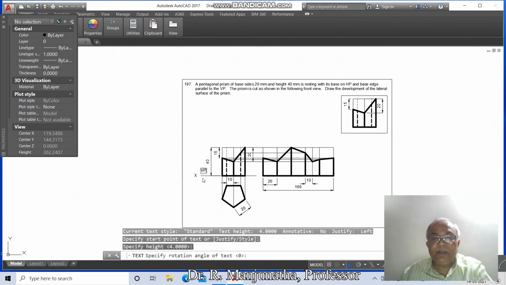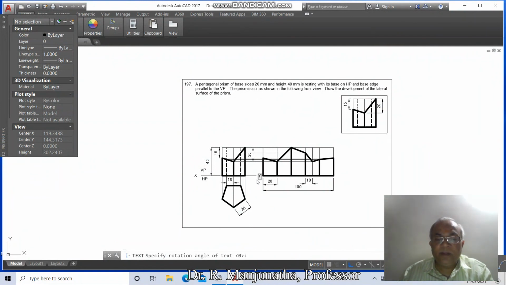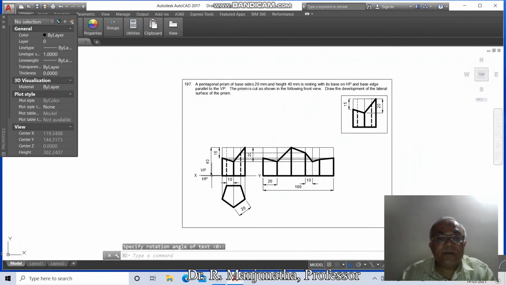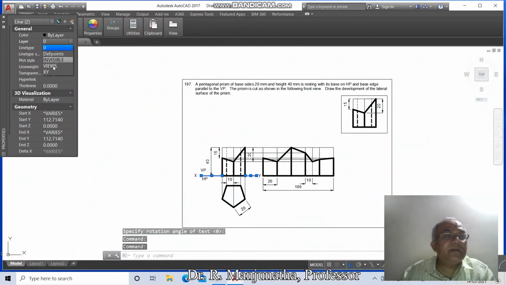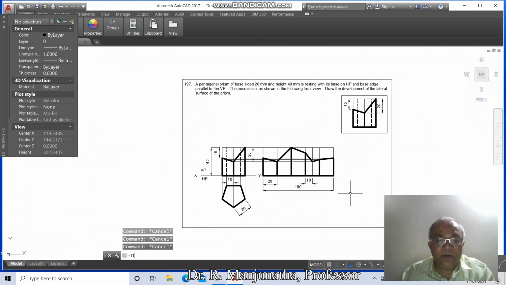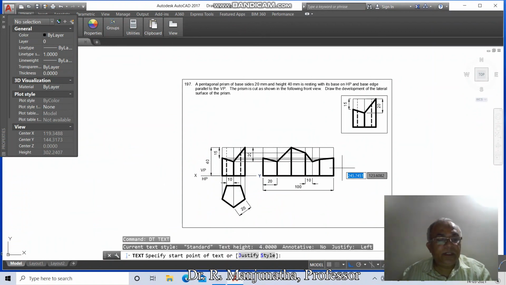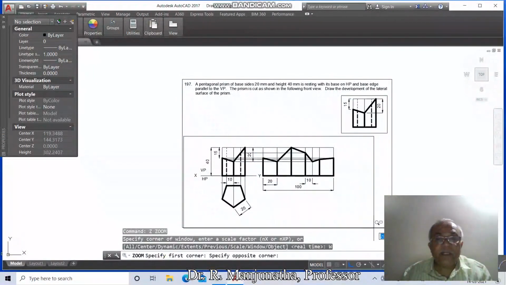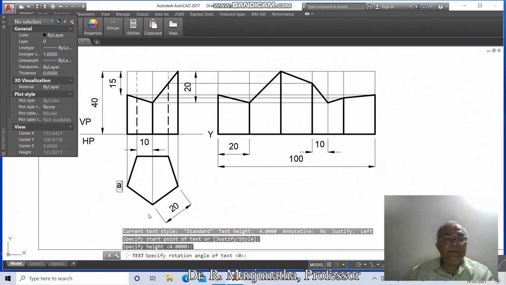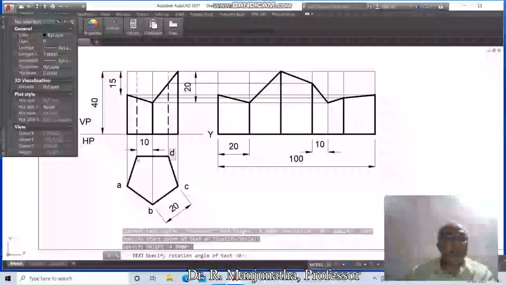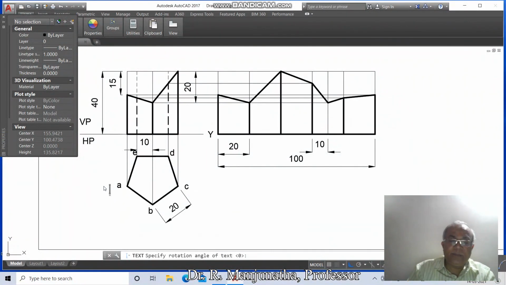you type it as VP, you type it as HP, you type it as Y, then you just click on this and then click on this, go to layer, make this layer as XY and then go to the text, you just come down to zoom window, select this and go to the text, here you mark this as A, B, C, D, E and here in brackets P,